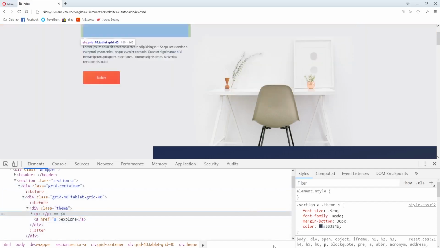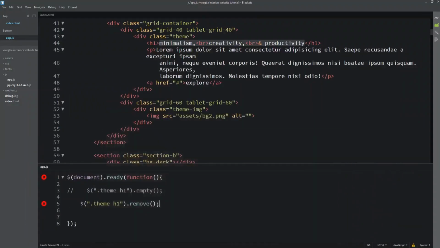The easiest way to understand this is to reason like this. The empty method is like a gallon of water. You imagine this container is the gallon, and everything inside is the water inside the gallon.